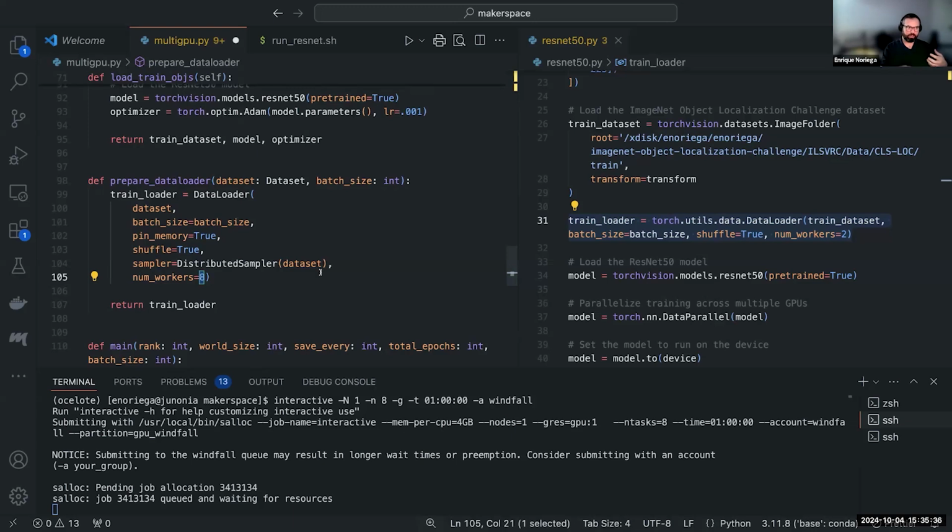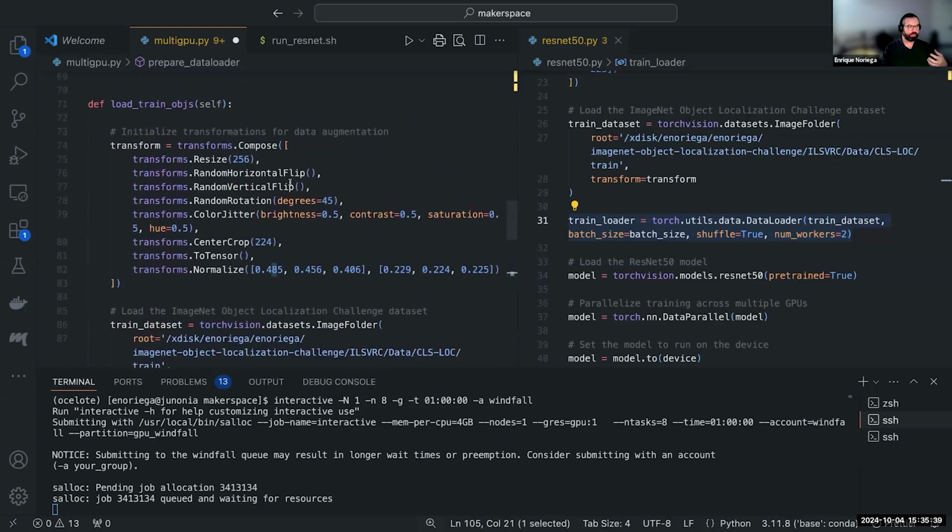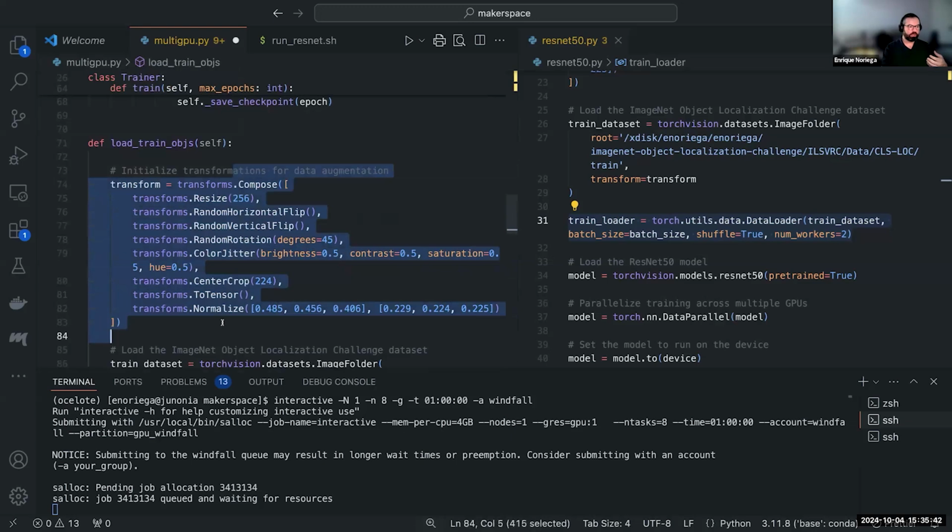And as you might remember, there are some transformations going on here. All of this happens on the CPU. So you want to have multiple workers that are opening the JPEG files and applying these transformations and creating the tensors that represent those images while the GPU is working. The issue usually is that GPUs are extremely faster than the CPUs when they're doing their stuff. So one way to keep a pipeline ready with new data is having multiple workers to leverage the multi-threading nature